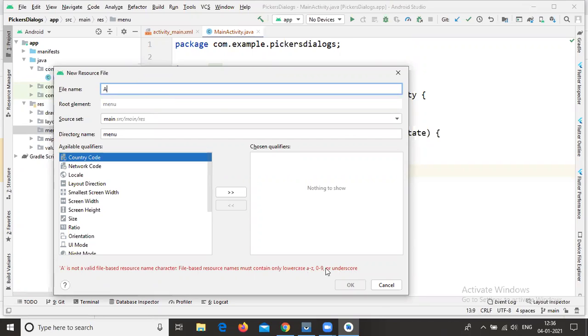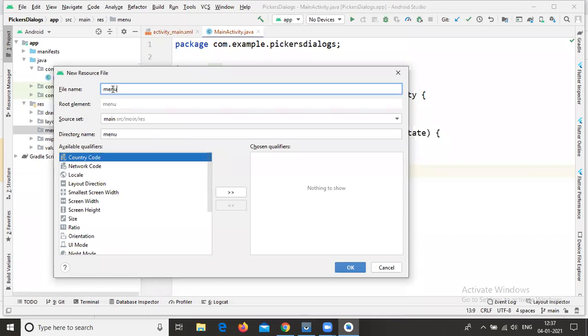So only this format can be used: small letters, numbers or underscore. If you use any capital letter, it will not create the file with capital letters. That's why we need to use small letters. Here I'm creating the menu file.